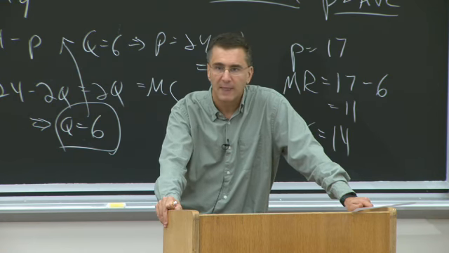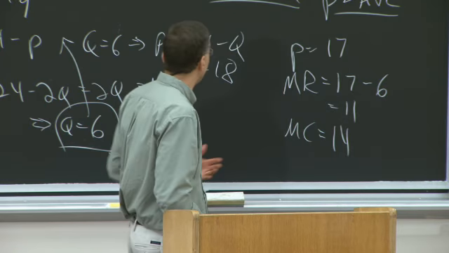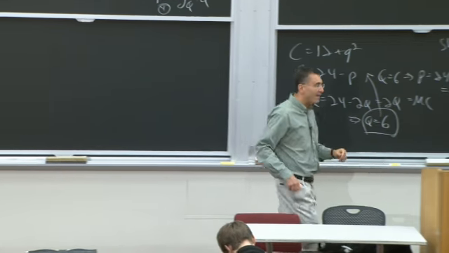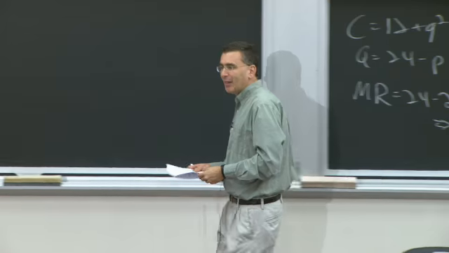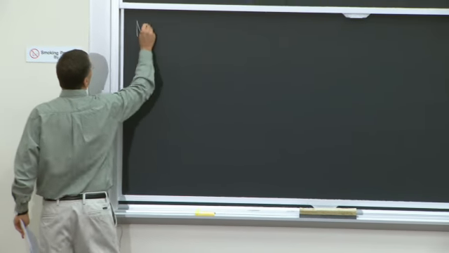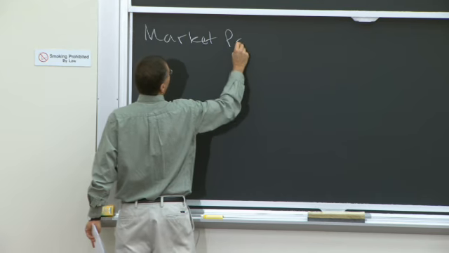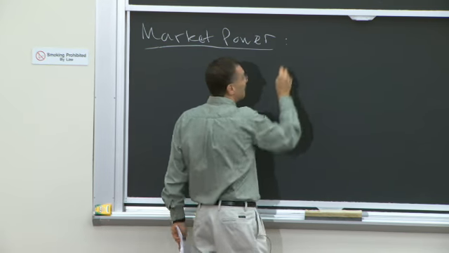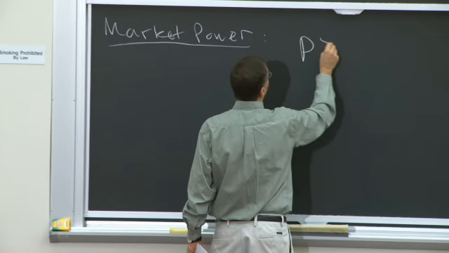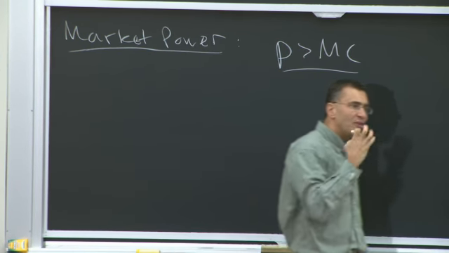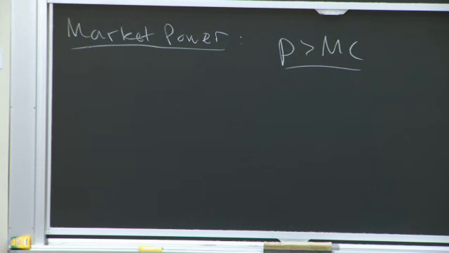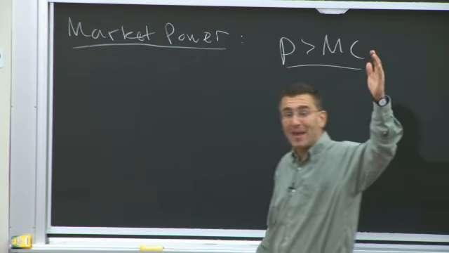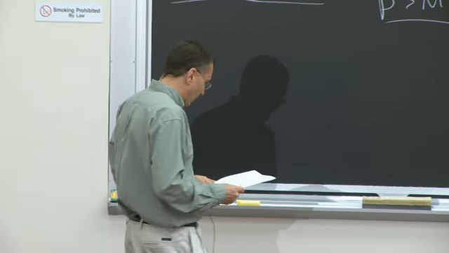Other questions about that? So this is a good opportunity to introduce an important concept with monopolists, the concept of market power. What monopolists have, what Bill Gates has that my local McDonald's does not, is market power. Or what he has less of now. Market power is the ability to charge price above marginal cost. The summary statistic of how much power a monopolist has is how much they can drive their price above marginal cost. When Bill Gates' marginal cost dwindles to 0, his market power gets bigger. Price above marginal cost.